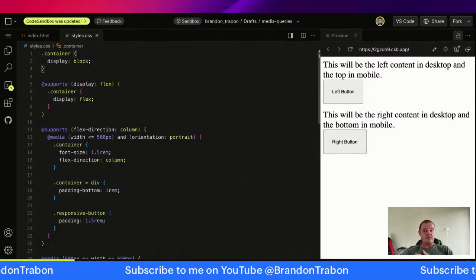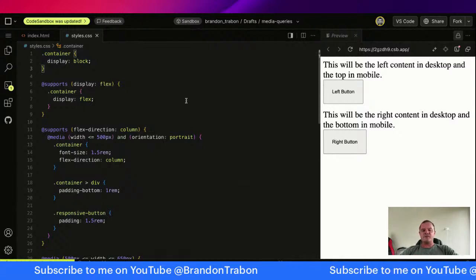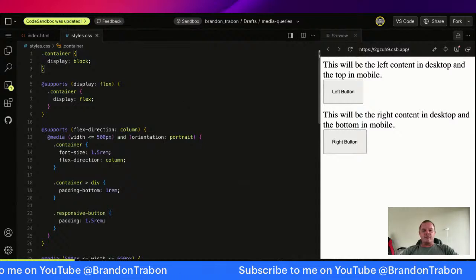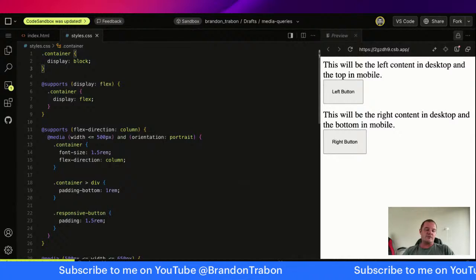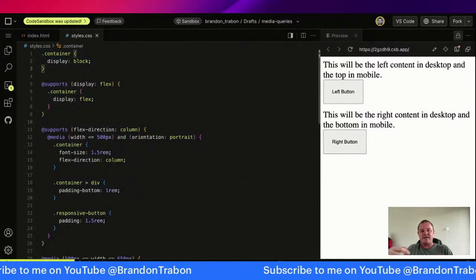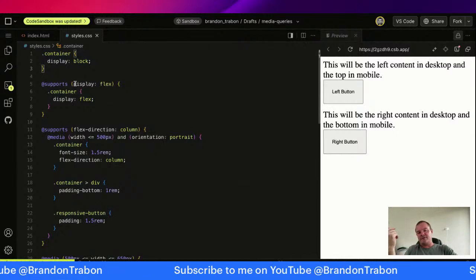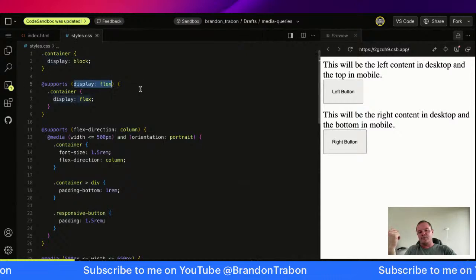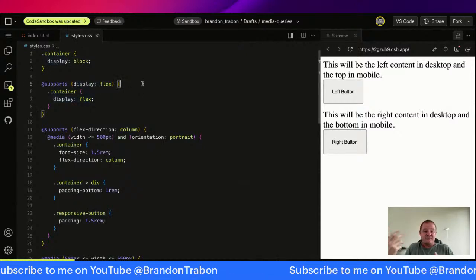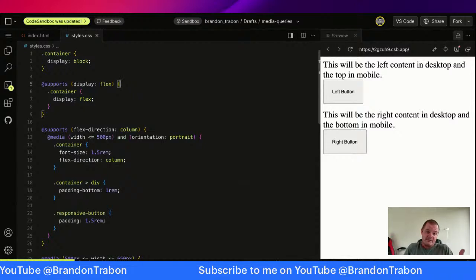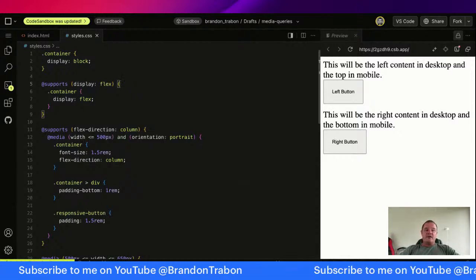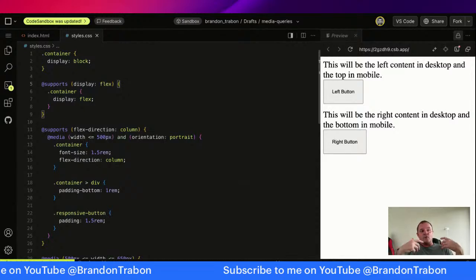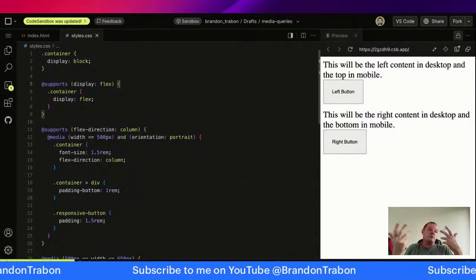Supports is a really, really interesting CSS feature. It basically allows you to query the browser to determine if it supports a particular piece of CSS. Now, in our case here, it's kind of nonsensical to see if a browser supports display flex. I seriously doubt there's a single browser out there that doesn't support display flex. But the idea is there, especially if you're writing code